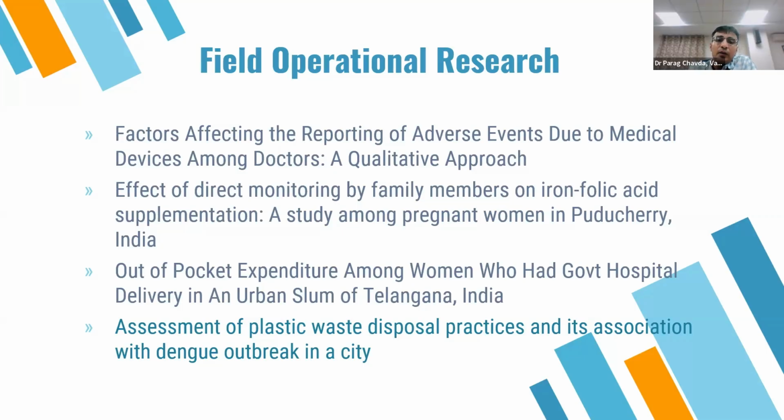The third one is, people who get delivered in government hospitals. The government hospital delivery is free, but there would be a lot of costs associated with getting admitted. Some direct costs, indirect costs as well. So we usually expect that the person who gets delivered in a government hospital should not have to spend anything from their own pocket. But does that really happen? So a study on health economics, asking the patients admitted to the obstetric unit in my own hospital and finding out what's the average expense that they have. We might expect it to be zero, but patients might be spending somewhere around 2,000, 5,000 rupees even in a government hospital. The last one is interesting.